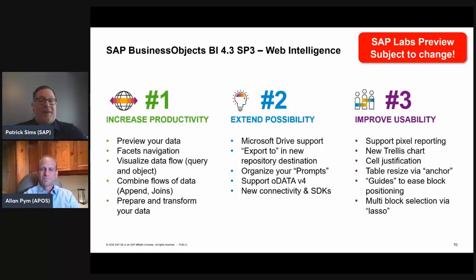Sure. Thanks, Al, and thank you for pointing that out. For my disclaimer, anything I'm showing you is aspirational for us. It's what we're hoping to release with the service pack, so don't make decisions based on that. But I feel pretty good about it because I've seen most of these things now in beta. Since we started 4.3, our release cycle is annual from a major release or service pack perspective. So we're looking at December for a release of Service Pack 3, just like last December was our Service Pack 2 release. You can expect right around the end of the year for subsequent service packs, including Service Pack 3 and follow-on releases as well.